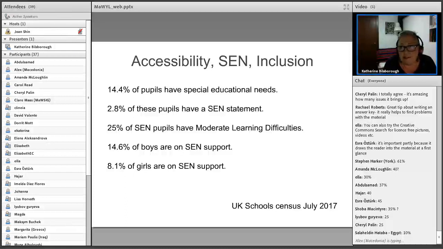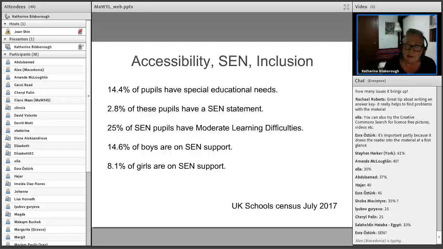And then here are some other figures, okay? So there are more boys than girls. And this SEN statement that they're talking about, that means that they've actually got a document which recognises that they've got special educational needs. And then when you look at the kind of problems or difficulties, I should say, they range from more serious